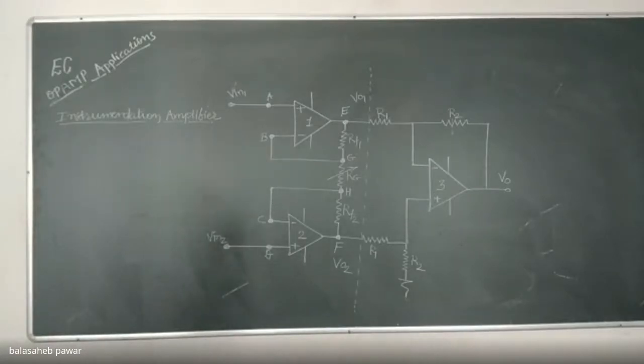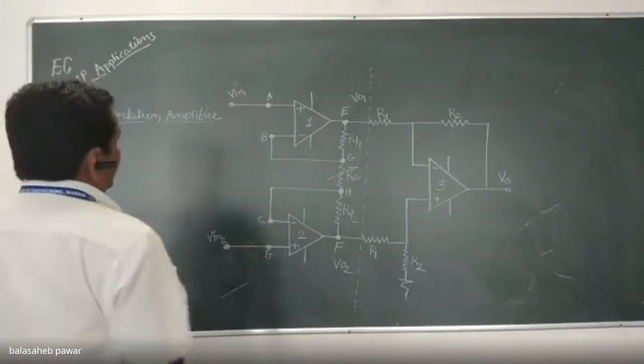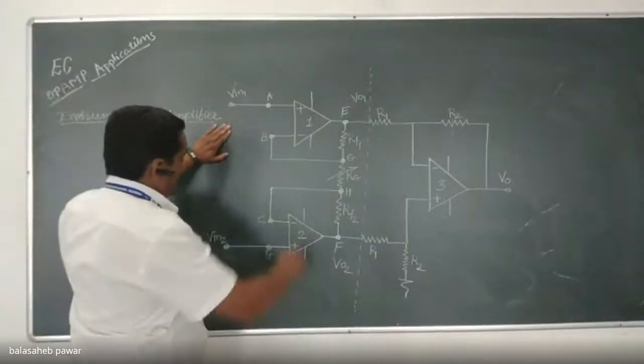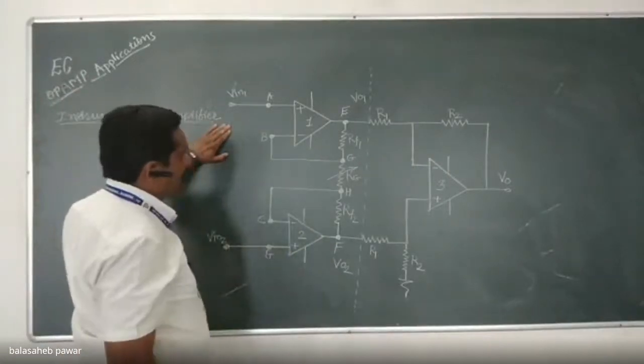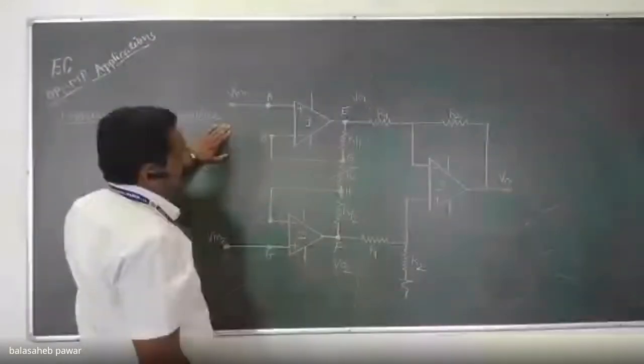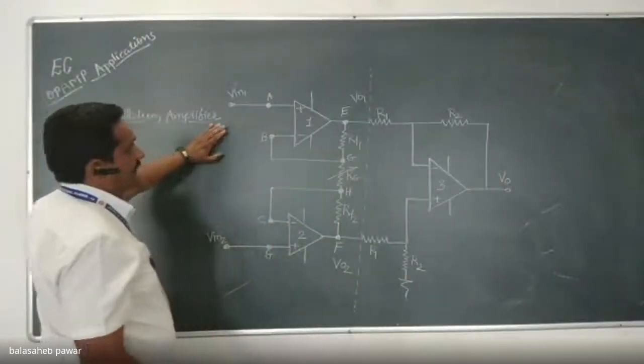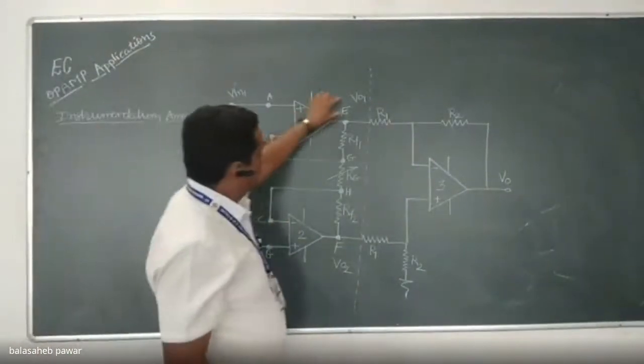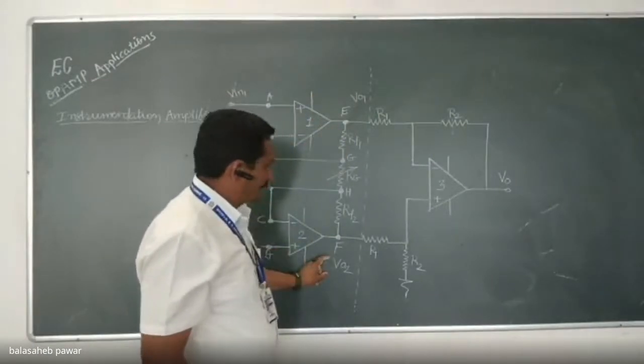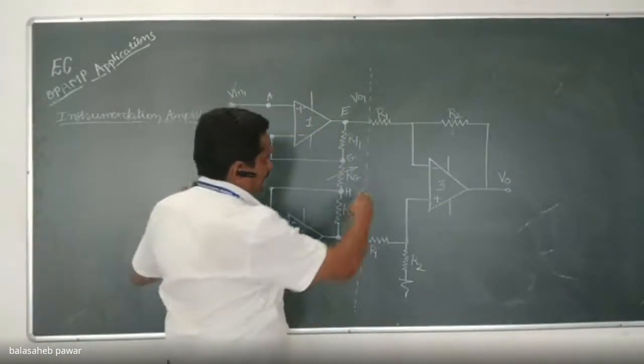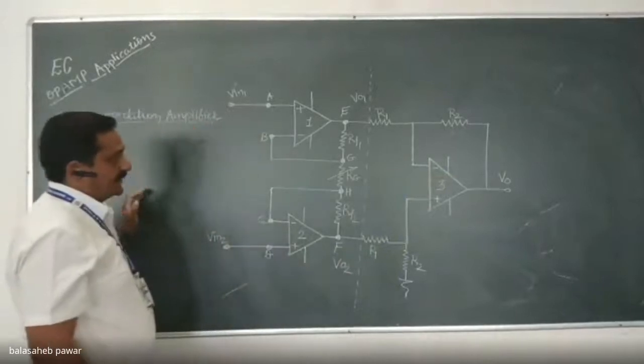Okay, so this is the basic circuit diagram for this next application, and that is nothing but the instrumentation amplifier. So this three op-amp based circuitry is known as the instrumentation amplifier, right? You will observe the first 2 op-amps, op-amp 1 and 2, are used in non-inverting configuration. So whatever outputs they provide are considered as VO1 and VO2.